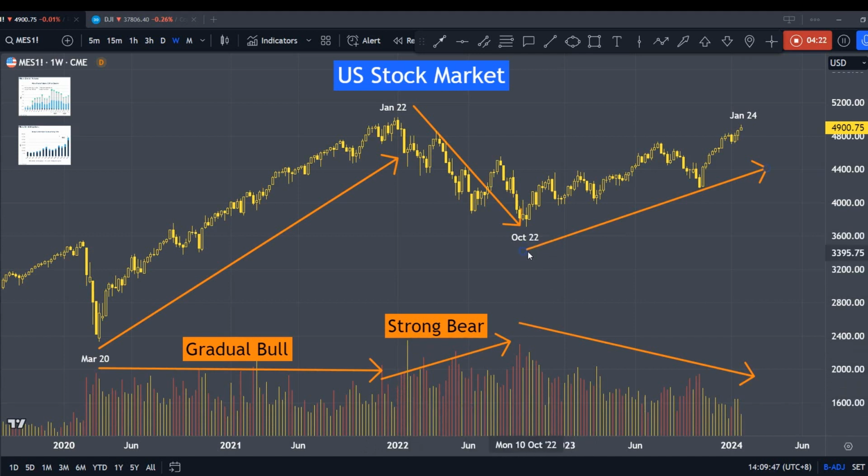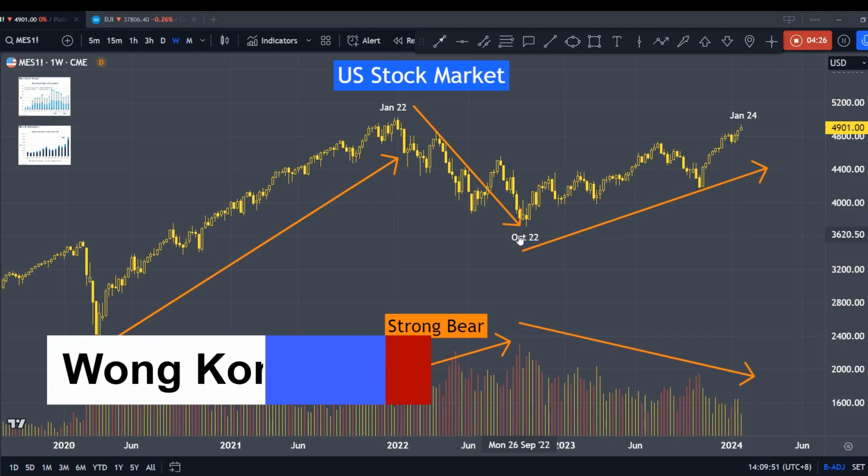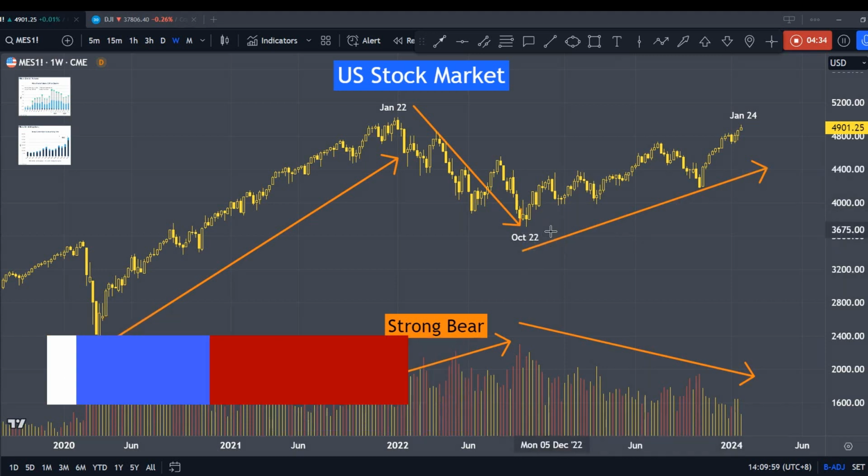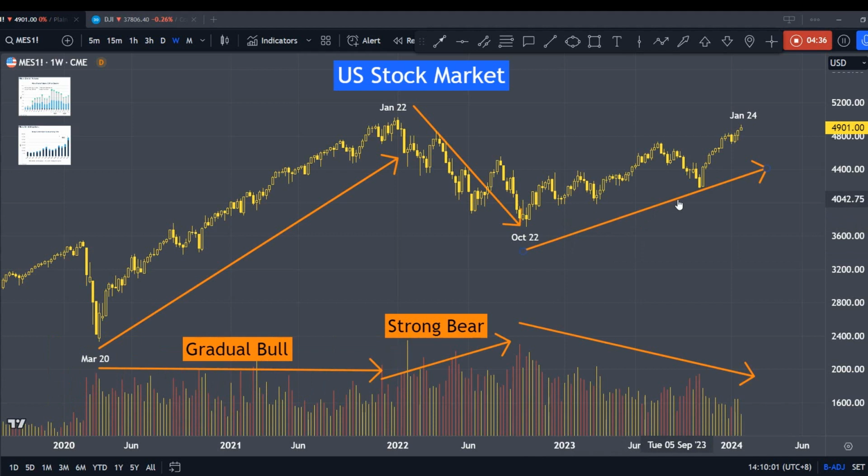And of course, at the turn into 2023, the inflation fell to about 3.4%. It was good news, and there's a hope of a cut in interest rates. And since then, from the end of 2022 into 2023, the whole year, and that leads us to 2024, the market has been going up.